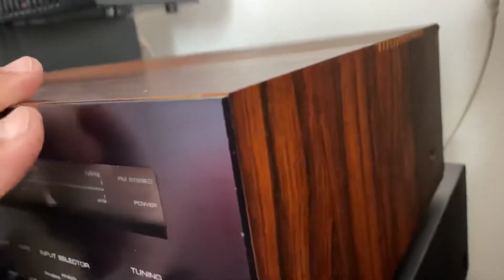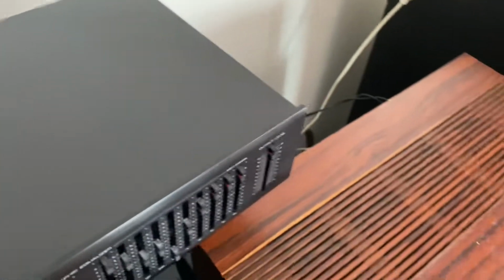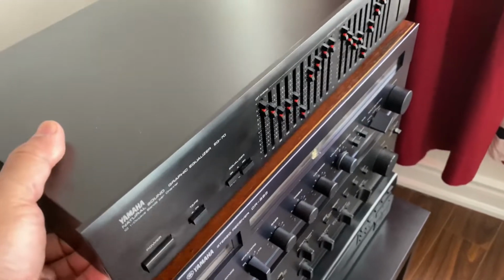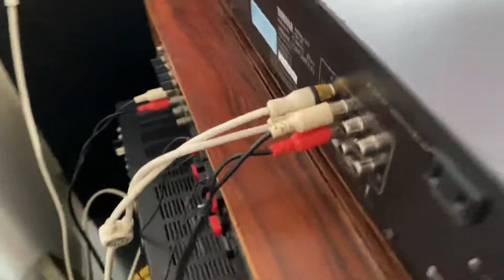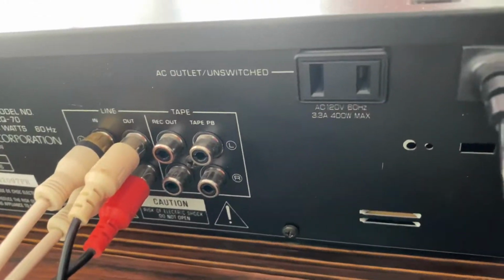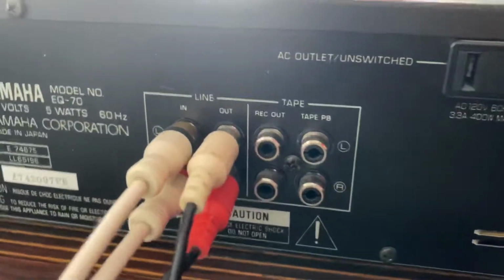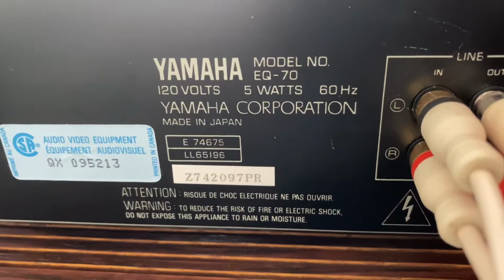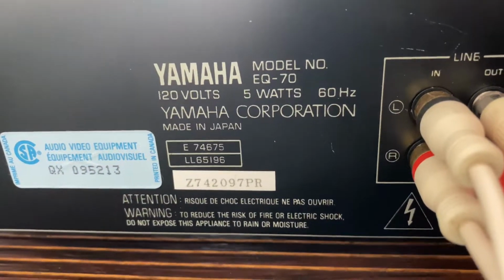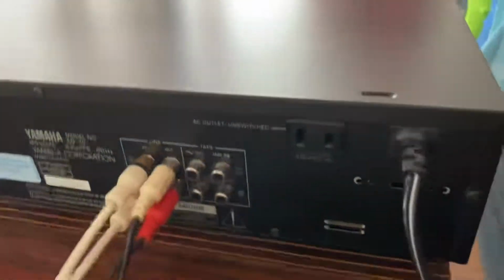Okay, let me show you the back of the Yamaha equalizer, and also the Yamaha CR552. Okay, this is the equalizer. One AC outlet that is unswitched. You can see the model number. Okay, that's the equalizer, and this is the